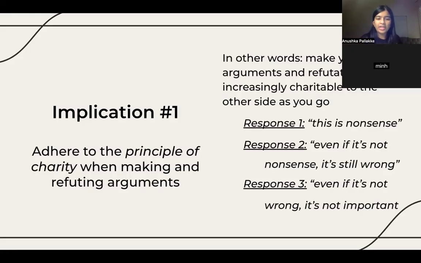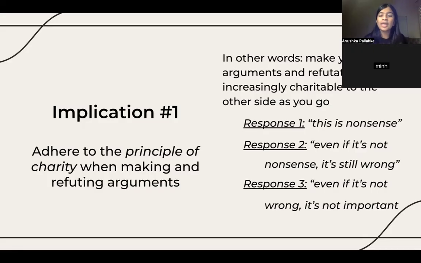The reason following this charitable mannerism is really key is, number one, you're constantly providing new refutations to your opponent's defenses. So you're always having some new response to say, and your opponent always has to respond back. On the other hand, if I wasn't charitable, it would just be back and forth, and I wouldn't have new argumentation on the flow, so it wouldn't be very beneficial in my case.